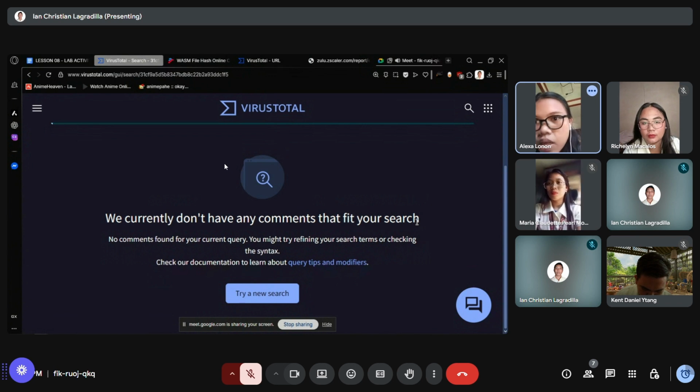It means no one has written anything about that file or link yet. VirusTotal lets users, like security experts or regular people, leave comments to help others. But if no one has commented, you'll see that message. It does not mean the file or link is safe or dangerous. It just means no extra opinions or notes have been shared by the community.